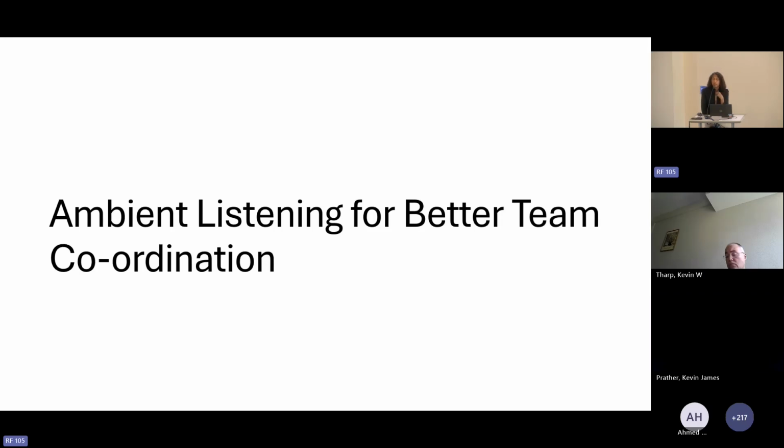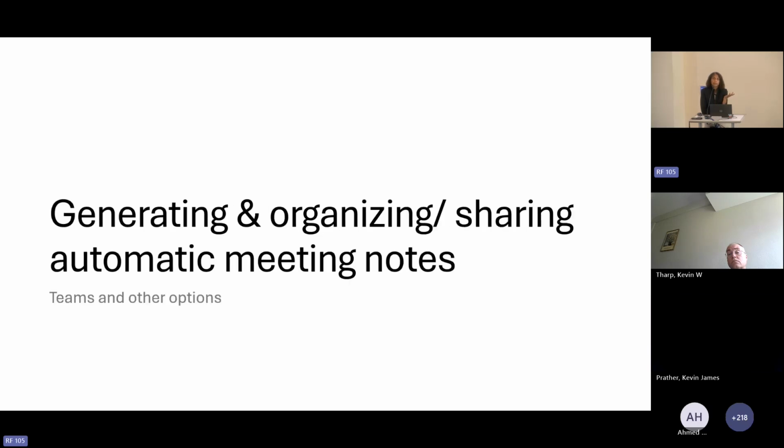In our enterprise of conducting research, there is so much that ambient listening can free up of time and make our processes more efficient because of the note-taking abilities and the meeting summary abilities that are built in. So you could be thinking about generating, organizing, sharing meeting notes in a way that much more clearly tags people as, okay, after the meeting, it was decided this person was going to do this, what timeline was discussed,